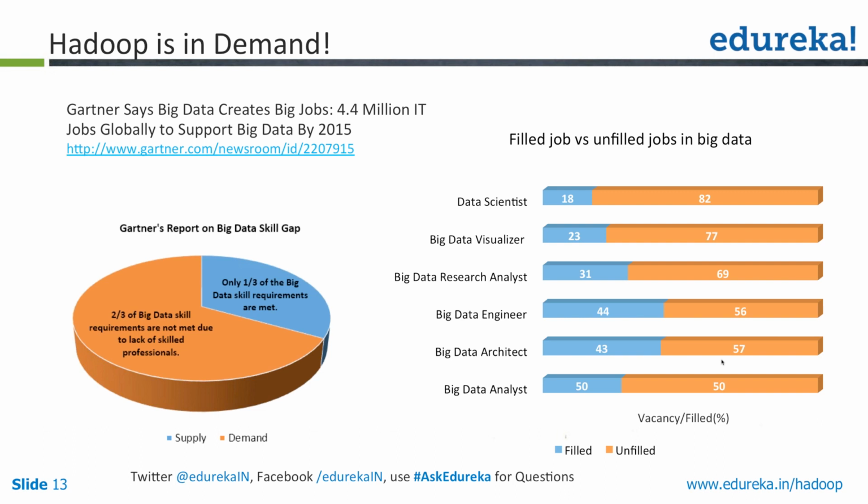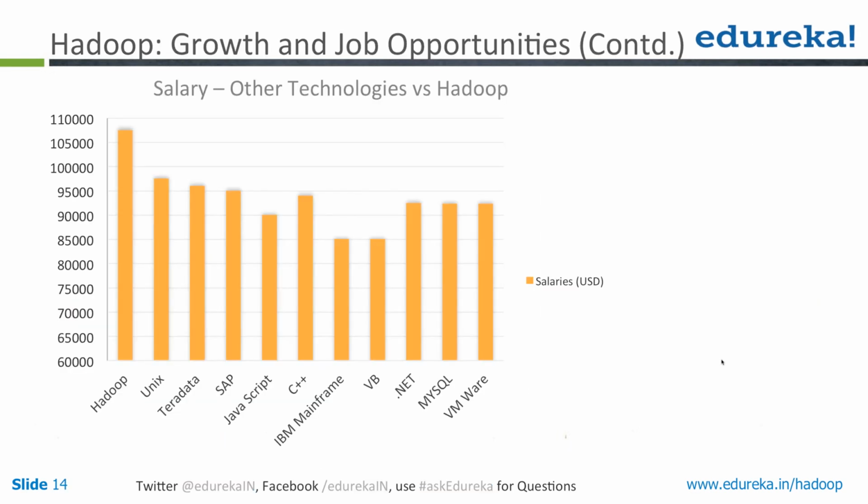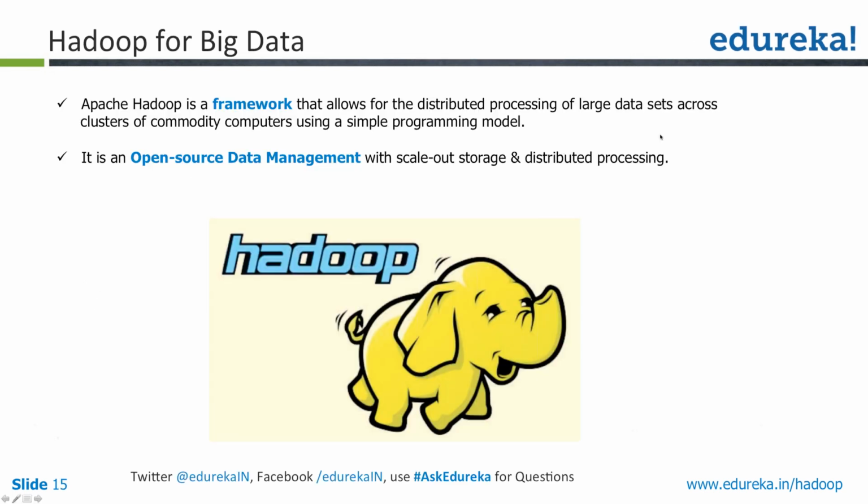I'll talk about what various types of professionals can get into when we come to the Hadoop ecosystem. But this is just to give you a view of the demand for Hadoop right now. This is again a comparison from the same report on the kind of salaries for Hadoop versus various other technologies. You can clearly see that Hadoop is the leader here with salaries of 1.05K USD. All these salaries are in US dollars. Now, if you have more questions here, otherwise I'll move to understanding the Hadoop ecosystem.